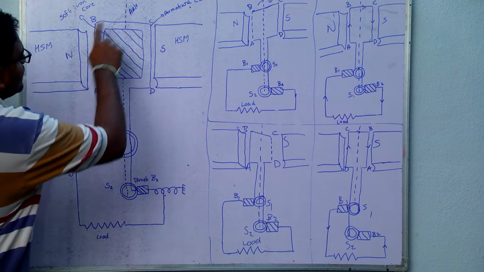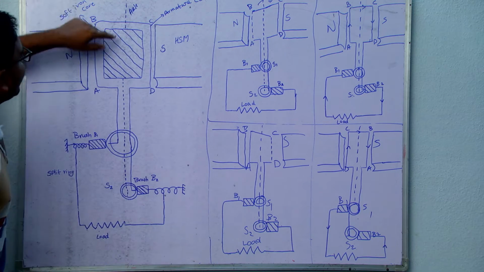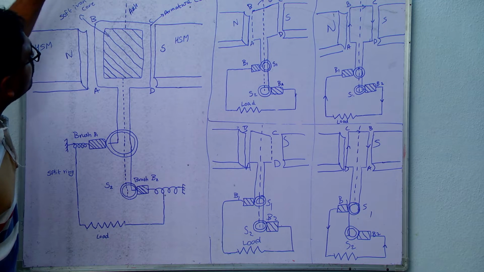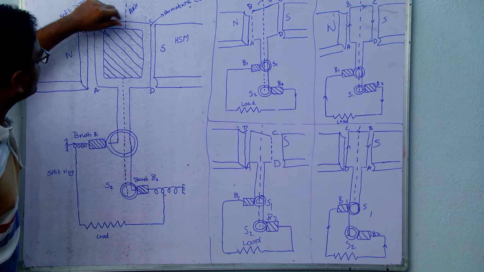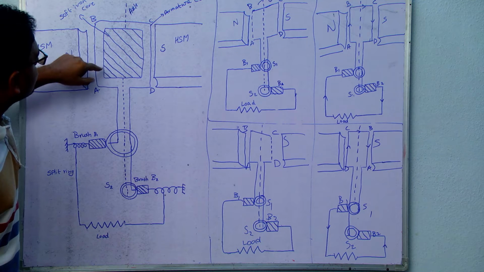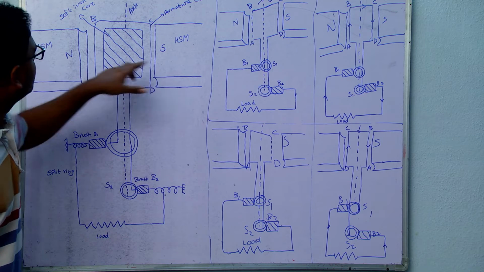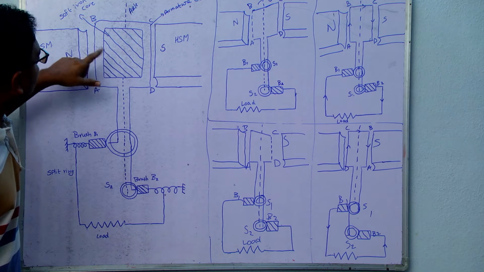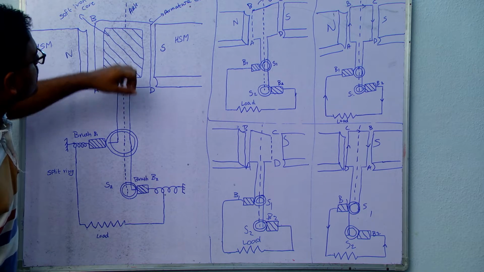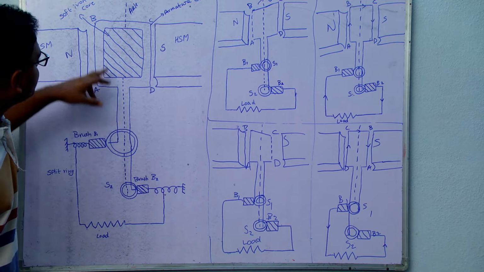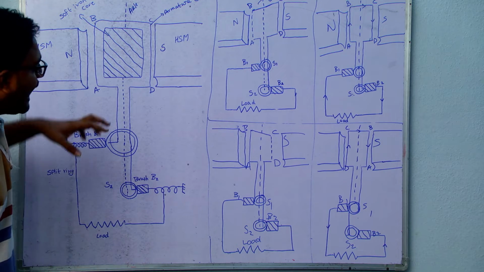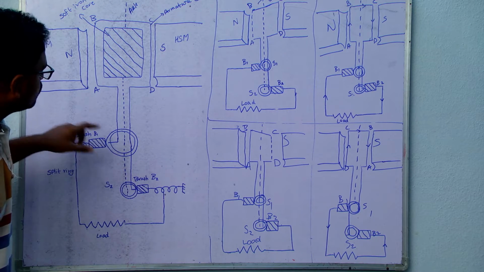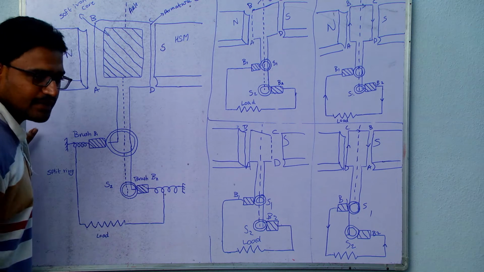In a generator, there is a coil which is connected to an axle. This axle is rotated, and it may be connected to a motor. By rotating this axle, the coil rotates inside a magnetic field produced by a horseshoe magnet. Because of this rotation of the coil, the number of magnetic field lines linked with the coil changes. That means the flux linked with the coil changes, and so an EMF is induced across the ends of this coil. These are the two ends of the coil: this is one end and this is the other end.